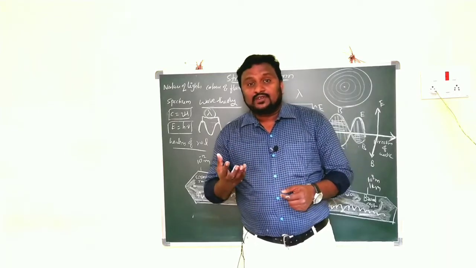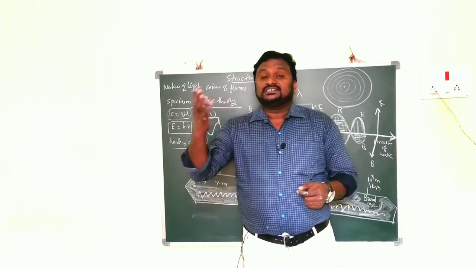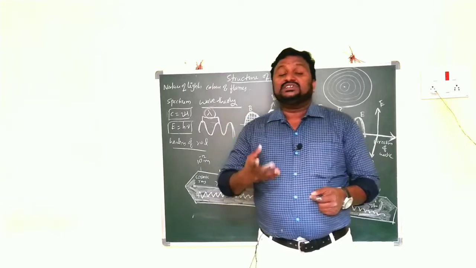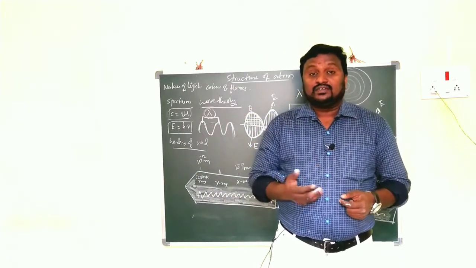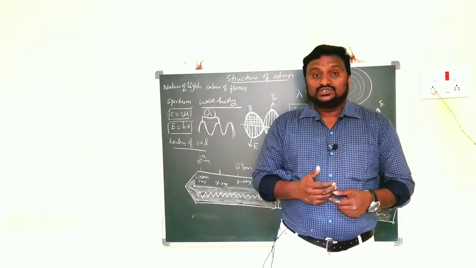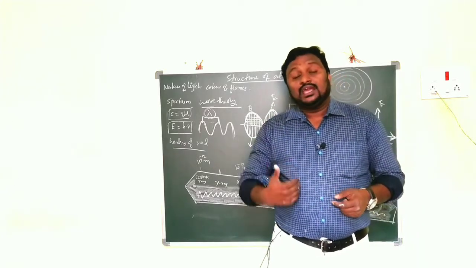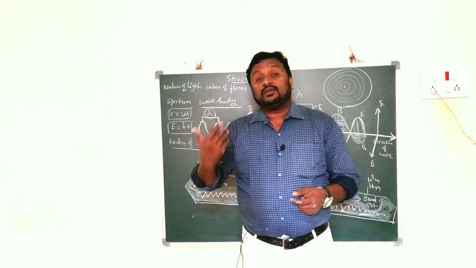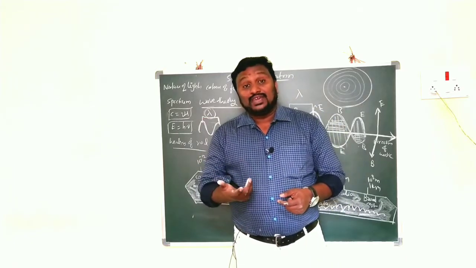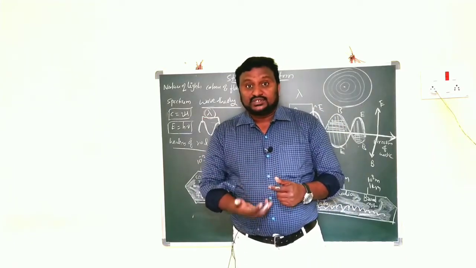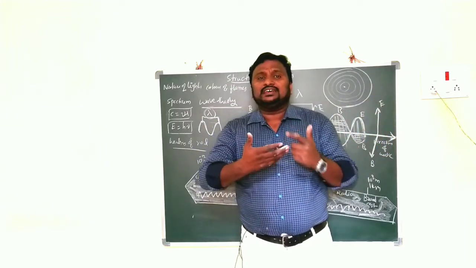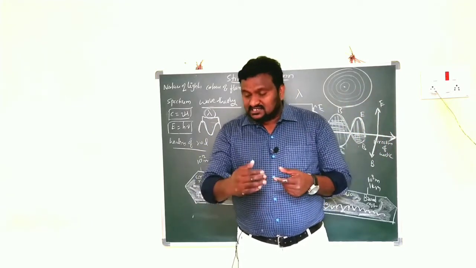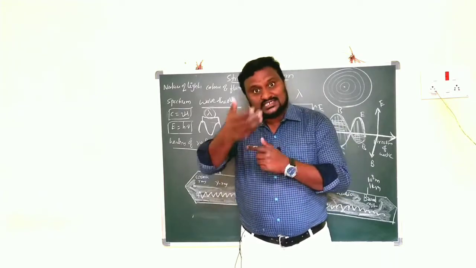We also discussed dispersion of light. What is meant by dispersion of light? When light moves through a transparent material like a prism, it splits into a number of colors. That is what we call dispersion of light. At that time also I clearly told that every color has one particular wavelength. So children, electromagnetic waves also have so many colors. Just wait for 2 minutes, we will discuss that.